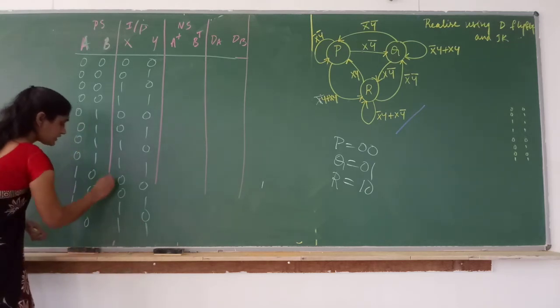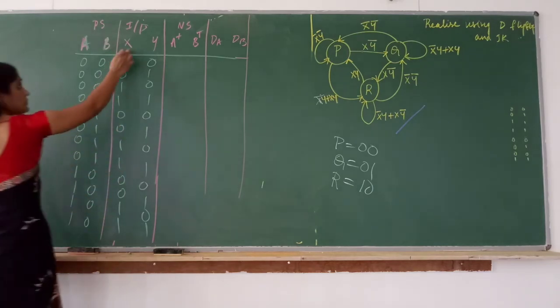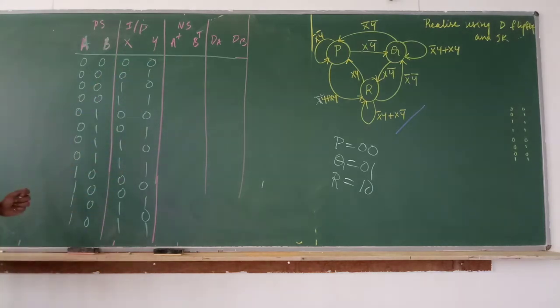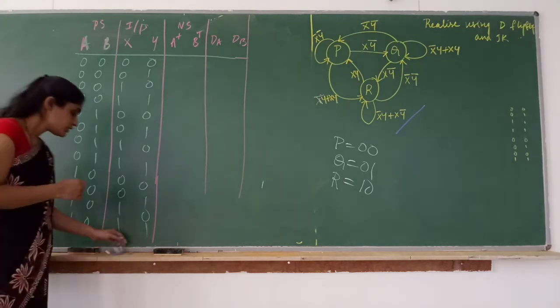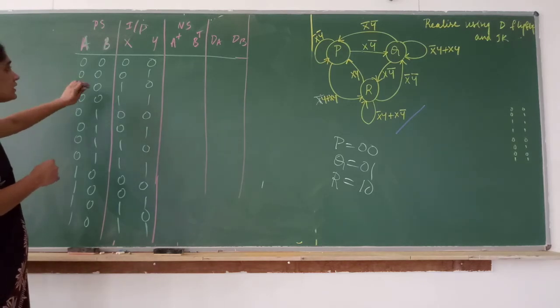Okay, so write all the 16 different combinations. Why are we getting 16? Because we have 2 input variables x, y. Okay, I hope you understood the difference between this problem and the previous problem we have solved. So now, I will tell you how to analyze and fill the